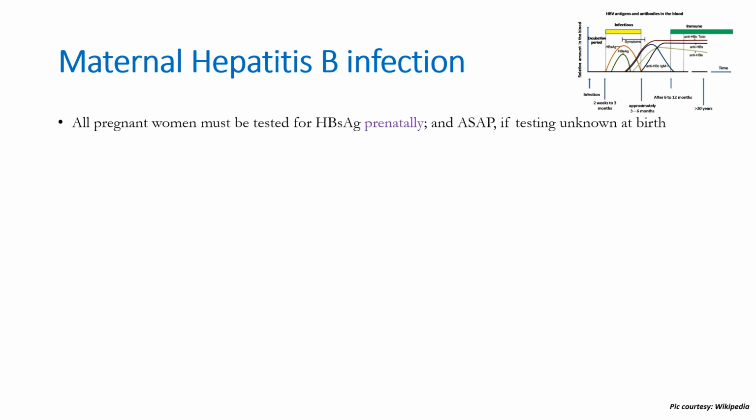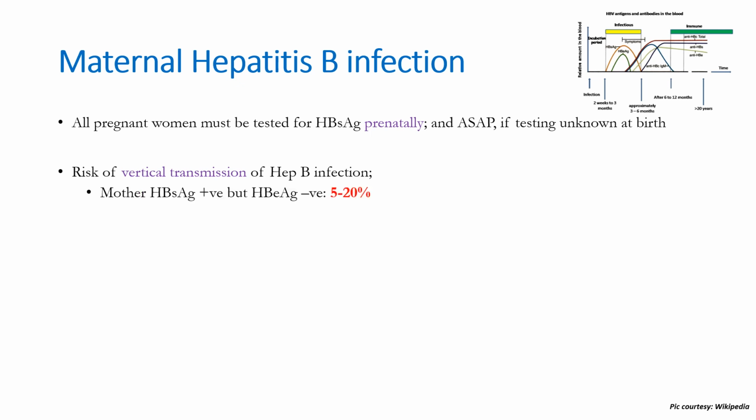Ideally, all pregnant females should be tested for HBsAg prenatally, and in case testing is unknown at the time of birth, the samples should be sent as soon as possible. The risk of vertical transmission of hepatitis B infection if mother is HBsAg positive but HBeAg negative. HBsAg is hepatitis B surface antigen and HBeAg is hepatitis B envelope antigen, which is basically suggestive of infective state of